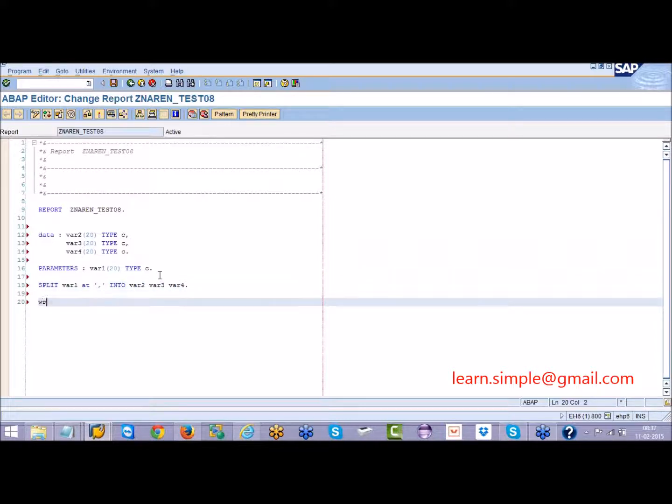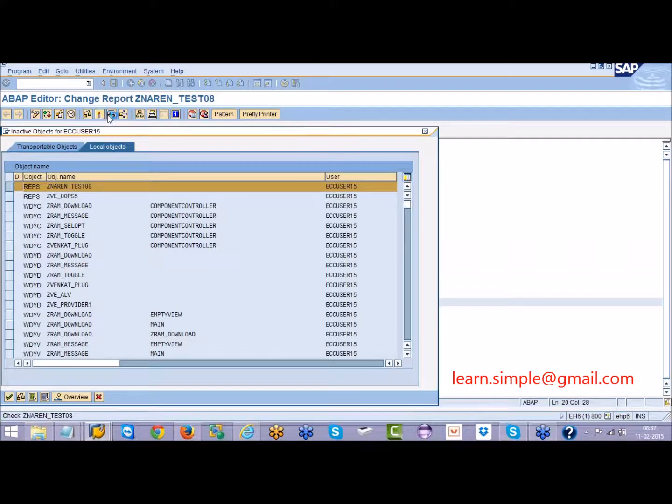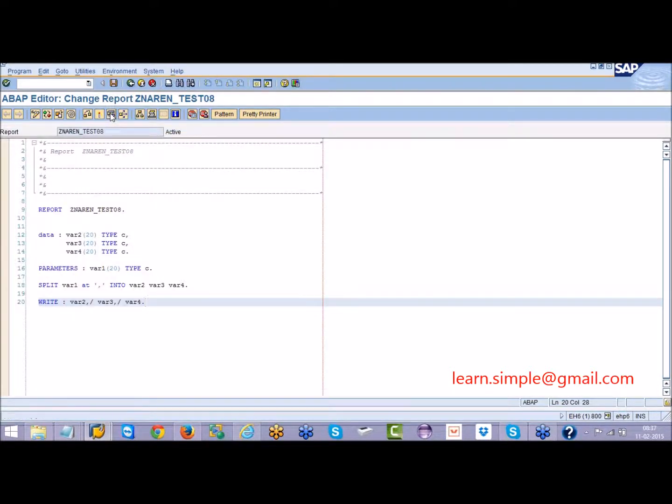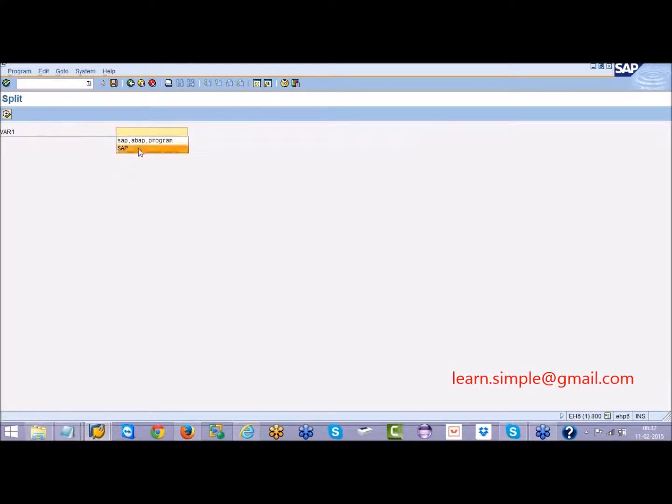After splitting, write variable 2 in the first line. In the next line write variable 3. In the next line write variable 4. Let us see how it looks. So here I will say SAP ABAP program.